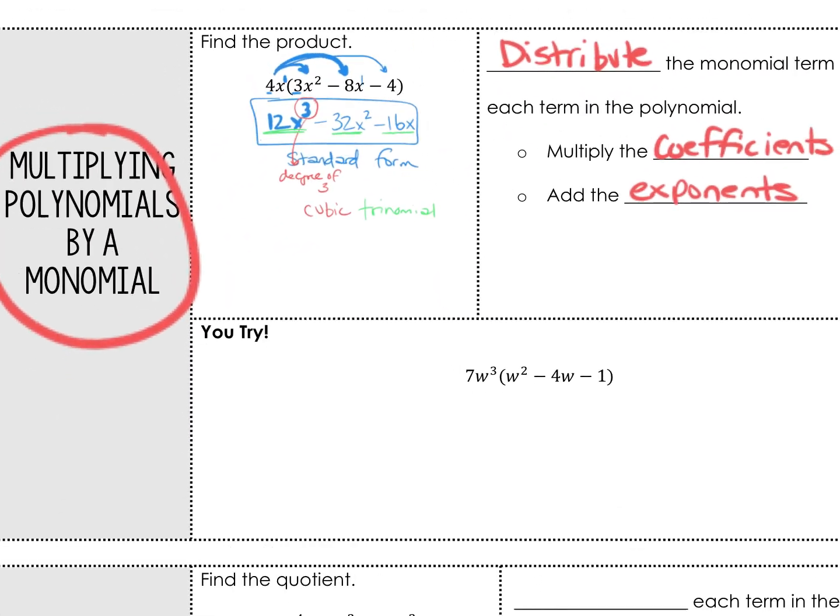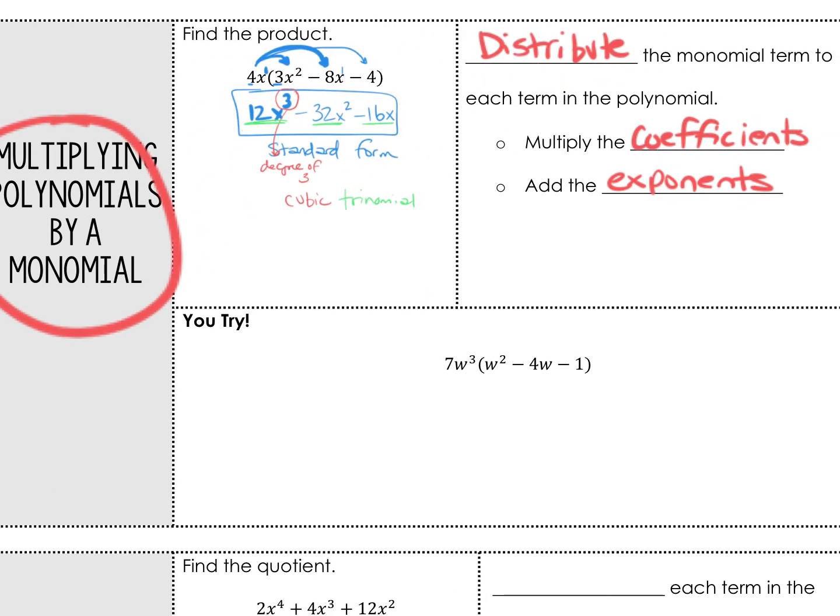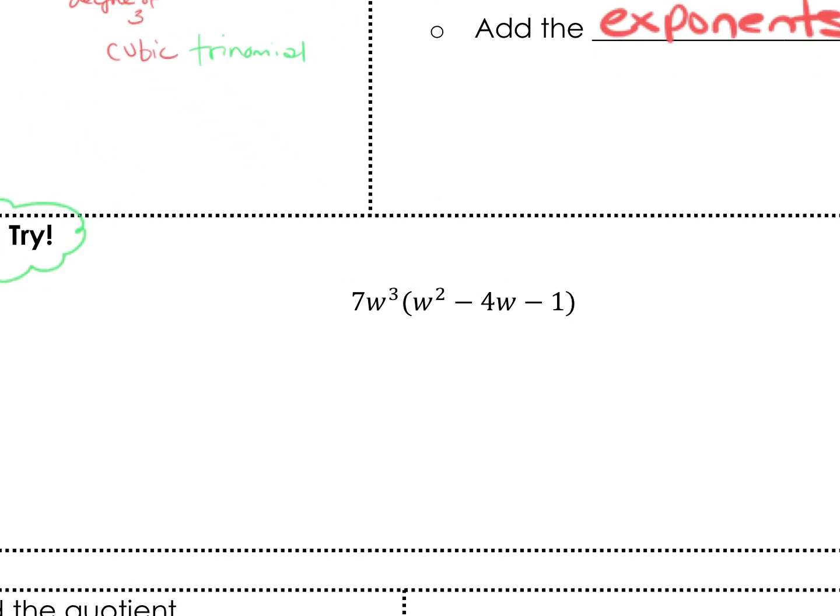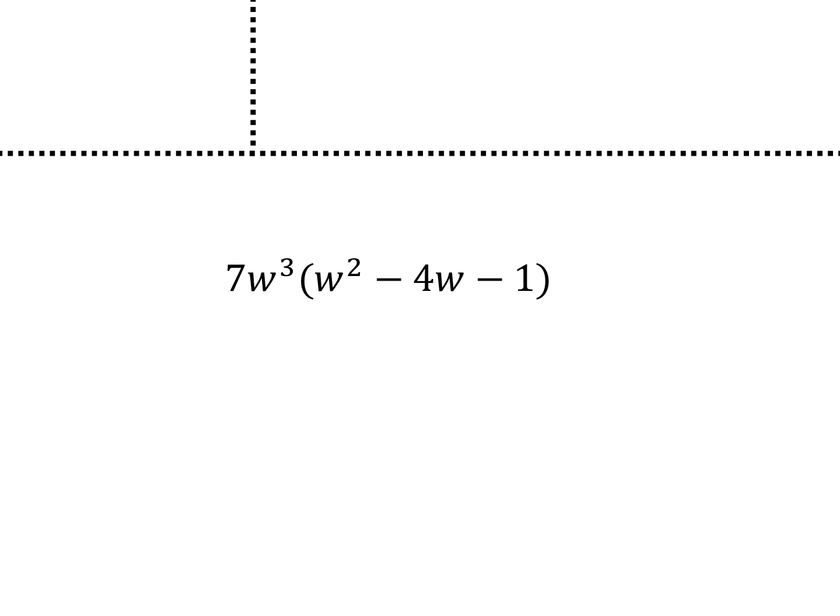All right, so I want you guys to take a moment and we'll try this one. Since I'm not here today, I'm just going to go ahead and work this one out in the same time. You can check to see if you get this correct. So I'm going to distribute. And again, you can put a 1 in front of that w squared. We can add a 1 on the exponent of 4w to the power of 1,